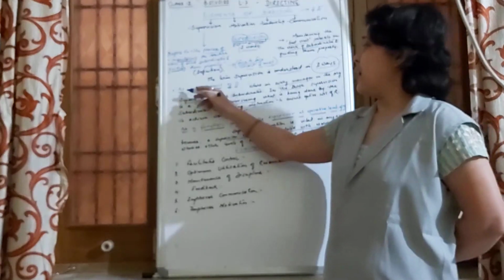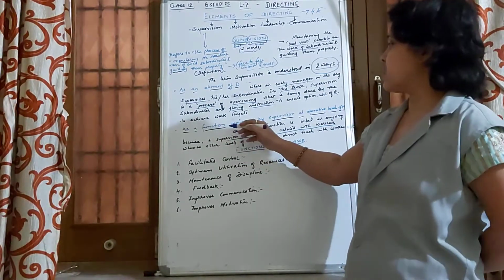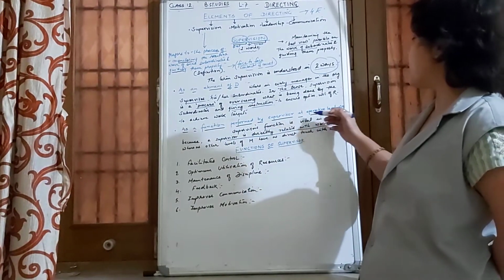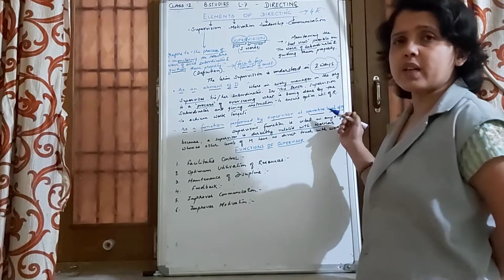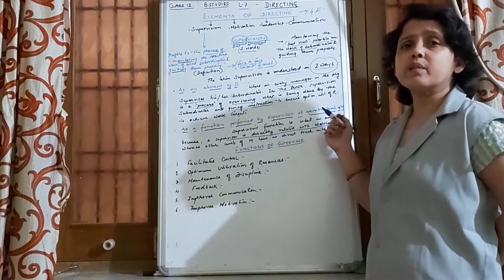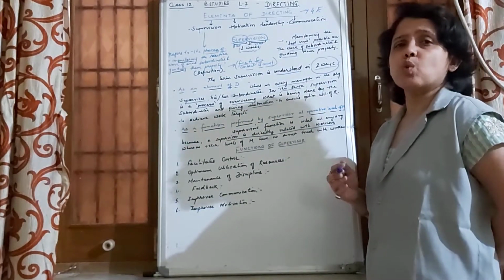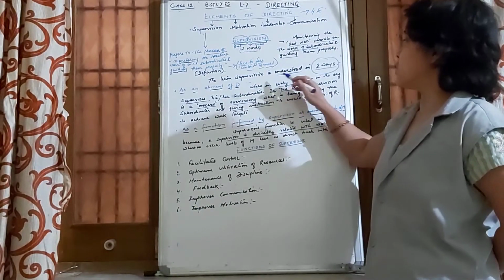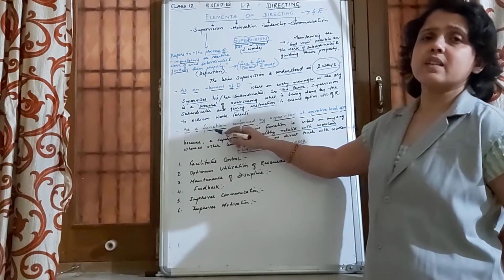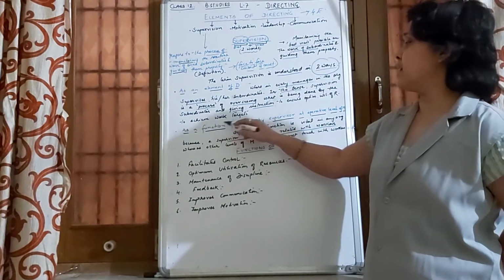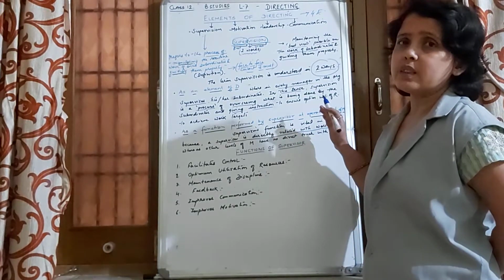First, as an element of direction, and second, as a function performed by the supervisor at the operative level of management. This has to be kept in mind, because we are learning about the concept of supervision, and when we talk about what is supervision, always supervision is understood in two ways. First, as an element of direction function, and second, as a function which is performed by the lower level